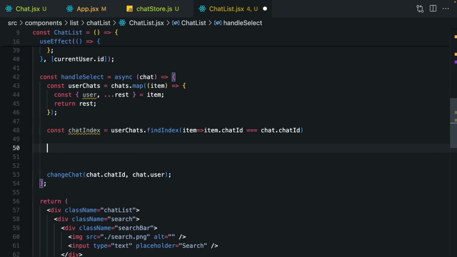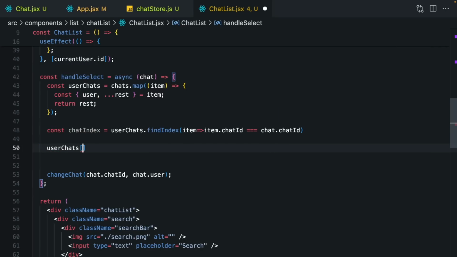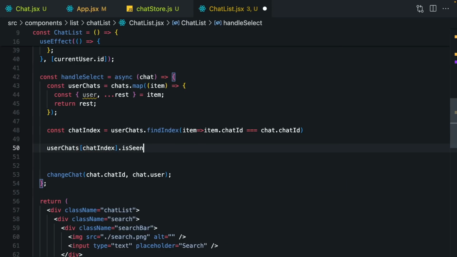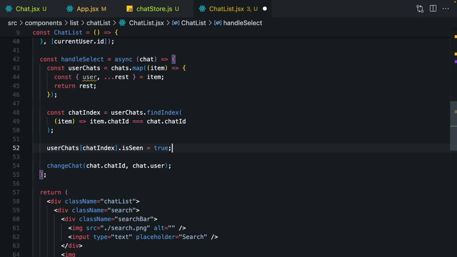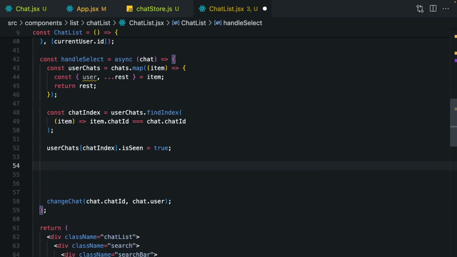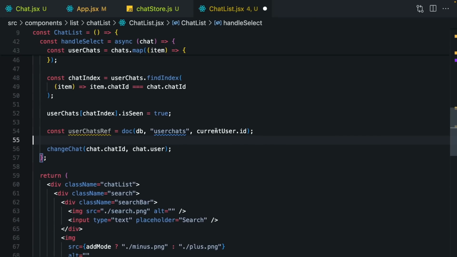Right now I can use my isSeen field, user chats, the index number is seen, and it's going to be true. Right now I can update my user chats, so I will do exactly the same thing here. User chats are ID,